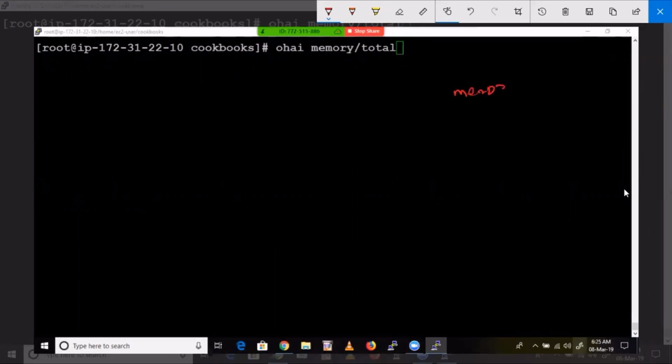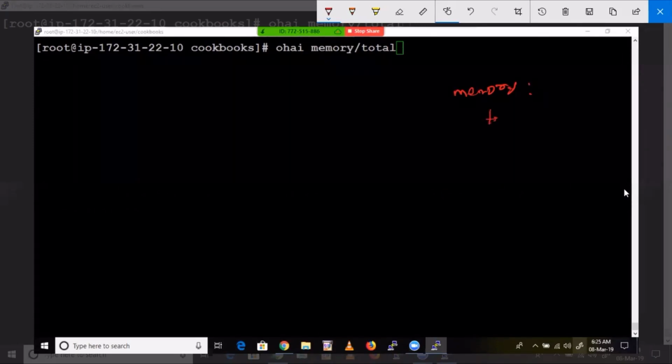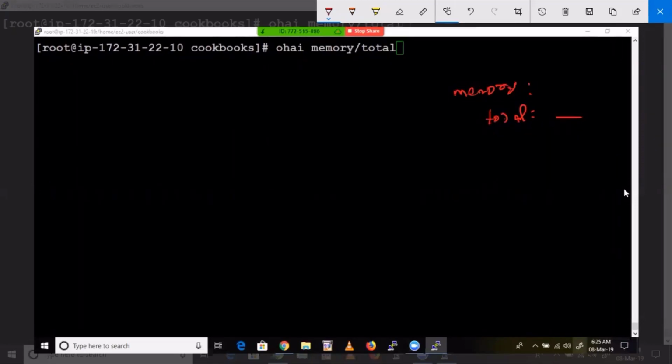Memory is a key. Inside it we have nested keys, for example total, total memory, current utilization, something. I'm just taking one example, and some more key values. Now, if you want to get this one, it is inside this key, right? That's this key / this key, then it will show this information.